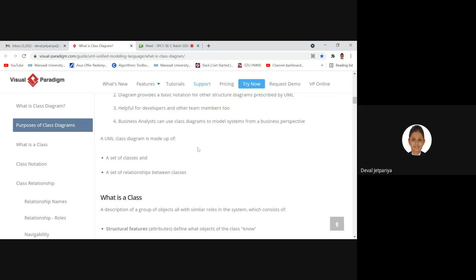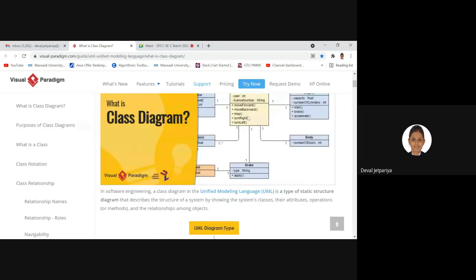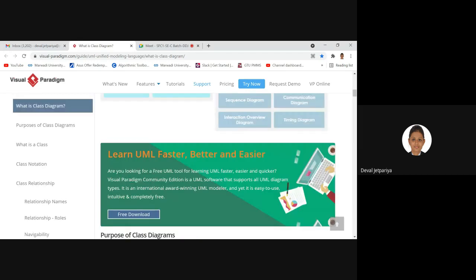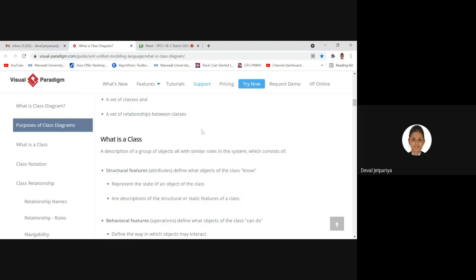Fine. Actually, theory will not be asked, but for sure in the exam, an example can be asked. Like say for example, for a restaurant management system or library management system, draw the class diagram. This kind of question can be asked. So now in this class diagram, we mainly have these two things. One is a set of classes. So this can be considered as a class. This is one class, this is another class, this is a third class, this is a fourth class. So we can represent the relationships among different classes.